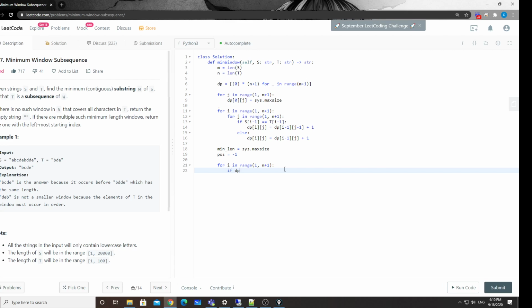Basically, dp[i][n]. So why do we use i and n here? Because we're trying to match the whole t here. That's going to be our end goal. That's why the second index has to be n. n represents the whole t here. And i means that at each position, if this length is smaller than the minimum length, then